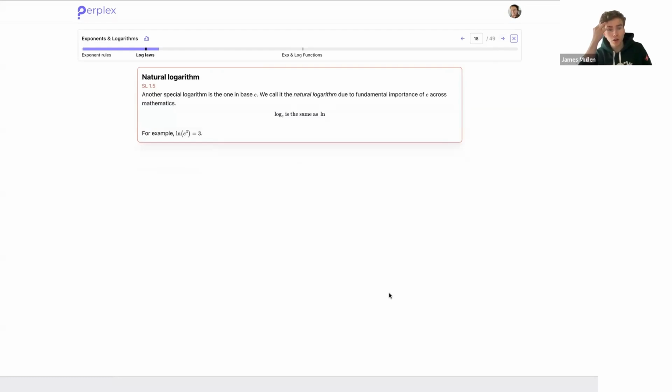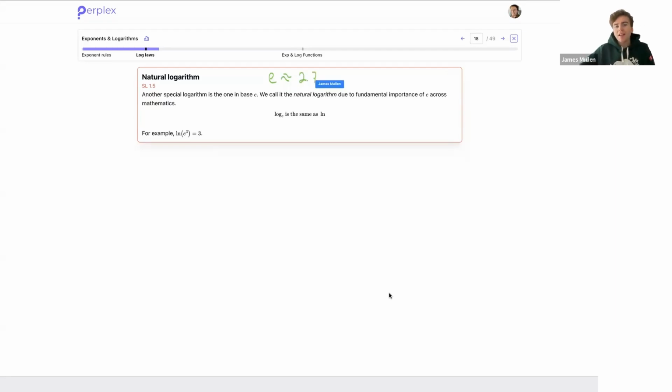Now the natural log. This is another special logarithm, and it's the one in base e, which is Euler's number. And we haven't talked about it yet. It's going to show up a lot in the course. It's one of those numbers, a little bit like pi, that is so special in math that it deserves its own letter. And it is going to have all sorts of interesting properties that are going to be useful, especially in calculus. But for the moment, I'm just going to tell you that e is approximately